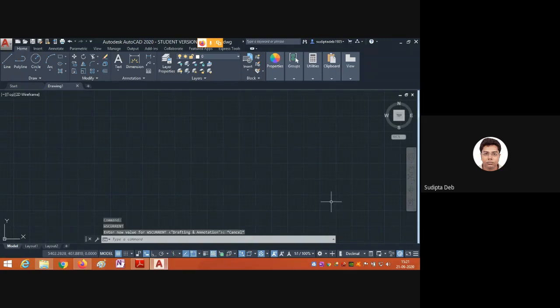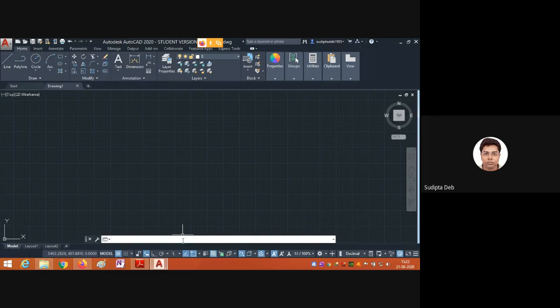Okay, now first of all I want to say some of the things that are required for drawing. One thing is, suppose you have made some mistake or you have deleted any of the tools by mistake, and all the tools you require are not showing here. In that case, there is one command you can use to reset all the options.